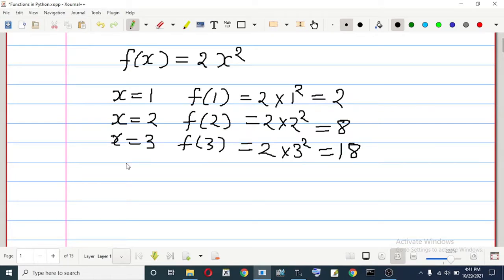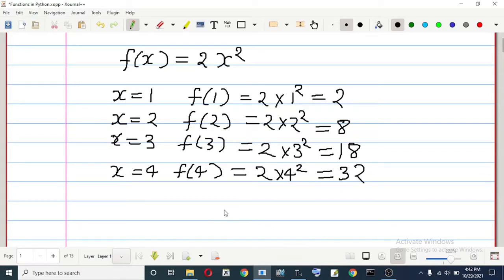And if you put x = 4, f(4) is 2 into 4 square, which is 32.